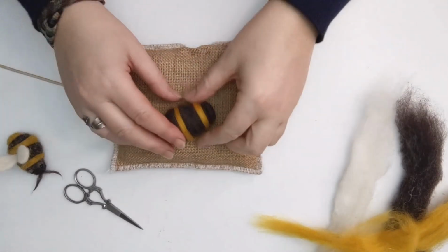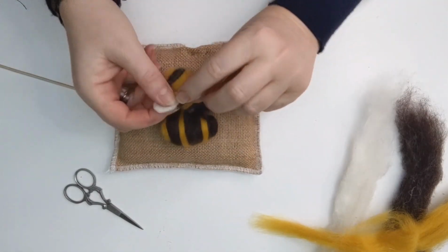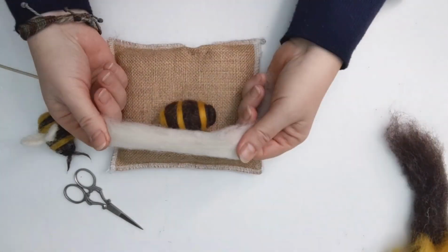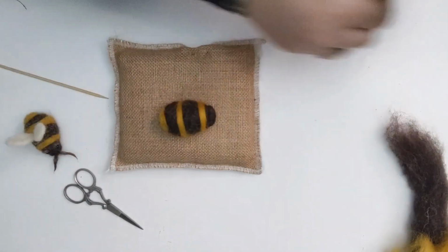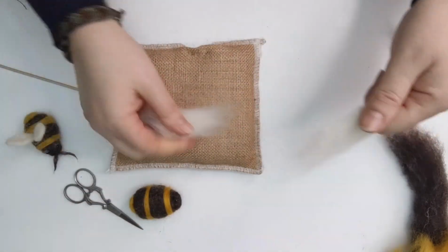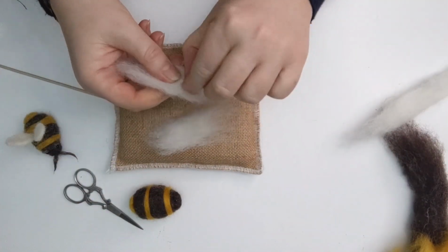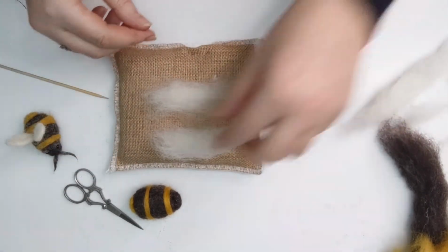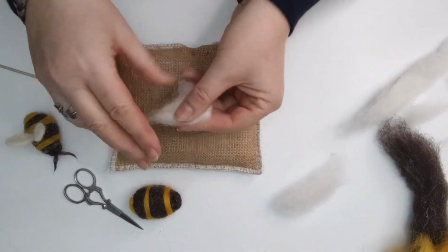So I think what we're going to do is pop on the wings. I've got some wool batting here. You can use wool top, it's just what I had to hand. Two small pieces equal in size. So if you start off with two pieces equal in size, and you know your wings are going to be equal sizes, fold in